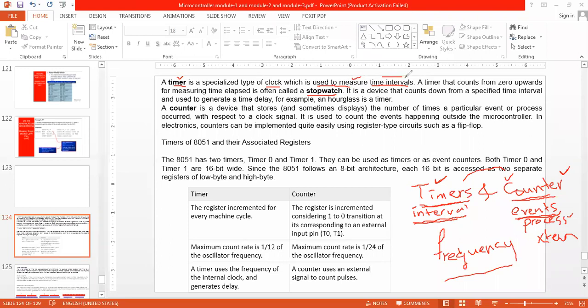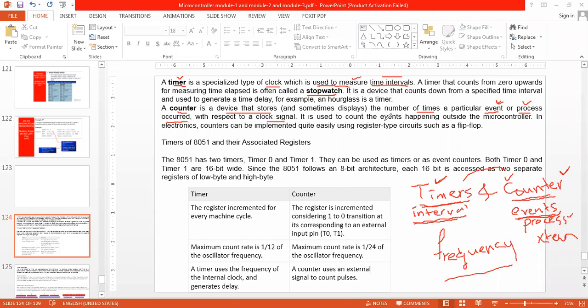Then a counter is a device that stores the number of times a particular event or process occurs. Until the event or the process occurs, it will store the number of times. That is, it is also counting only. It counts the number of sequences continuously until the event occurs, or any process occurs, with respect to a clock signal.